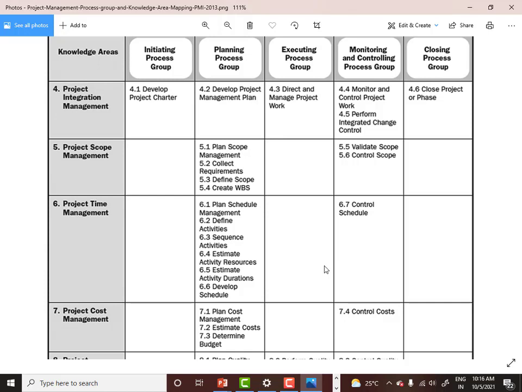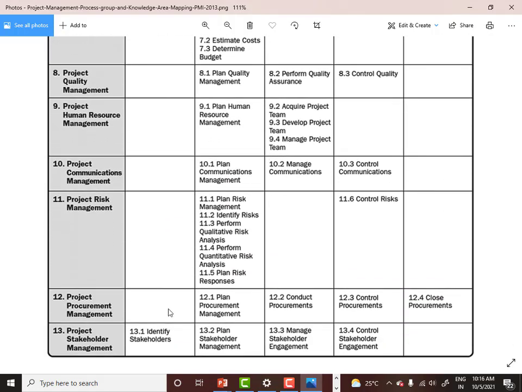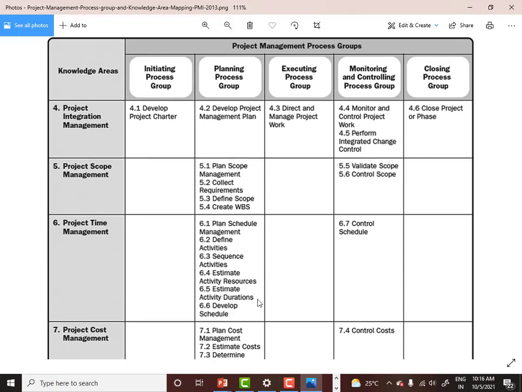Okay. So far we have covered develop project charter. We have seen identify stakeholders. Those two came in the initiating process group. In the planning process group, we saw develop project management plan. Then we saw collect requirements and define scope. In the previous class, we saw what a product scope and a project scope are, and the difference between those two.